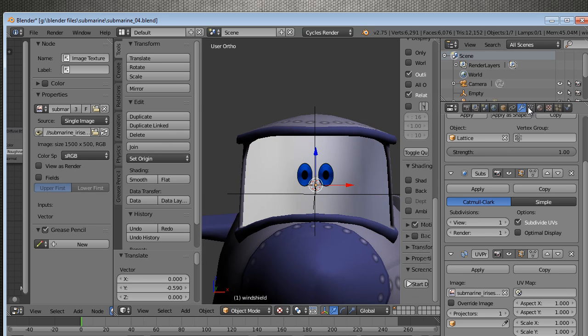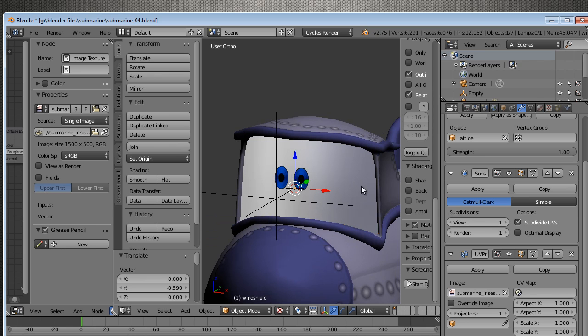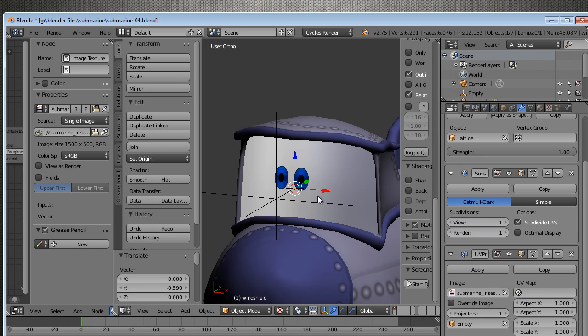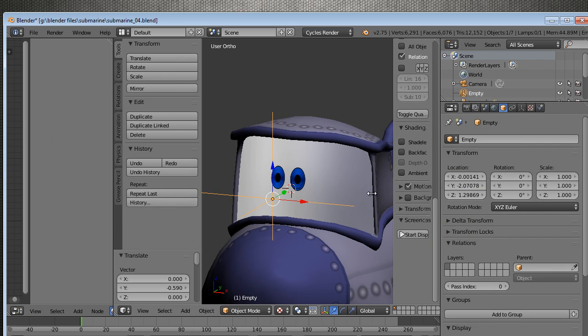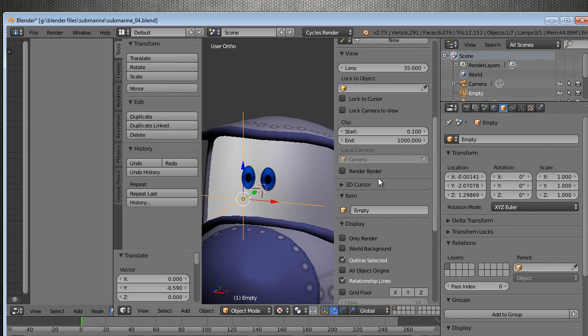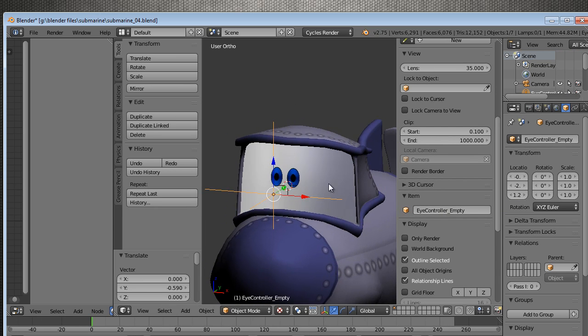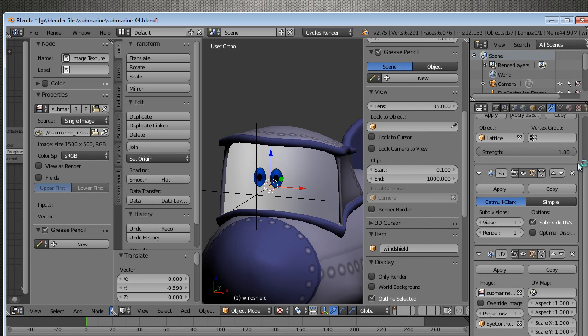And now we'll go back to the. It is selected, isn't it? Windshield? Yes. Where's my... Oh, okay. Getting crazy. Okay, so we just want the one projector, and it's going to be the empty. So we'll go ahead and grab that empty, and I'm going to change the name of it to be eye controller underscore empty. Okay. So now, nothing's happening because we have to tell the